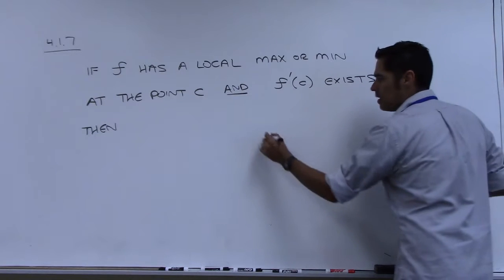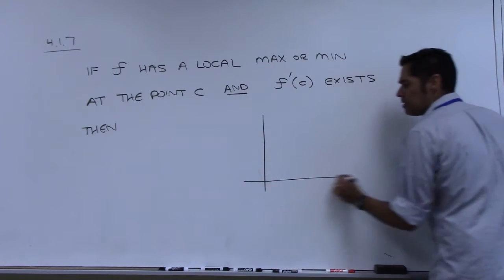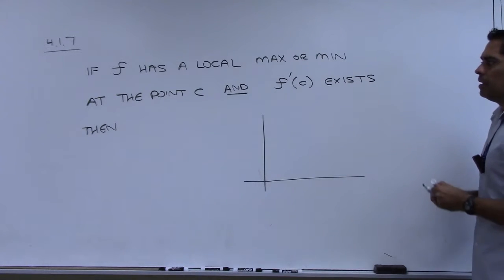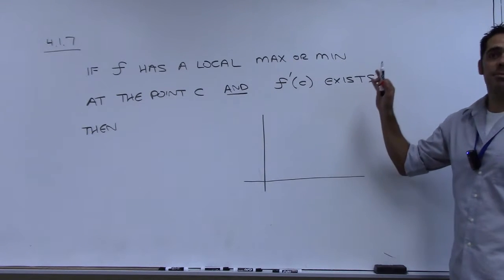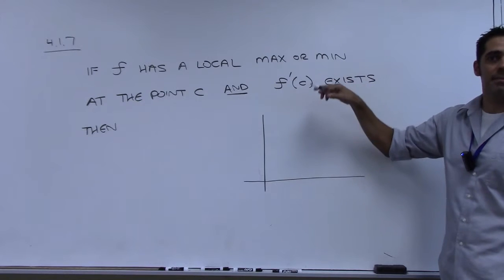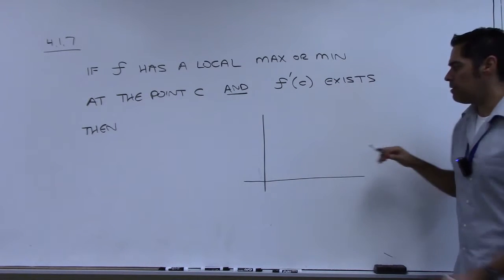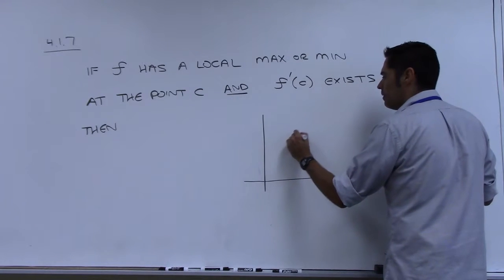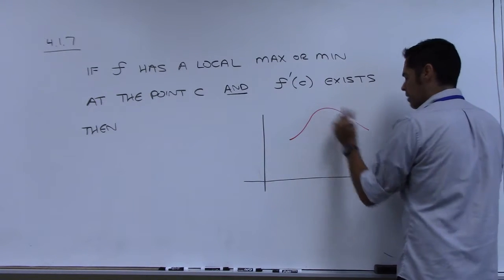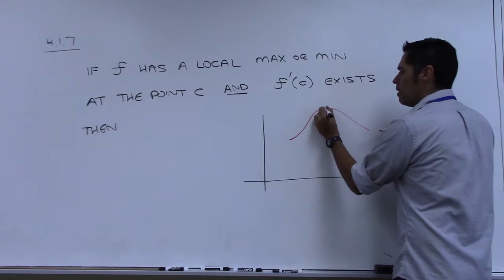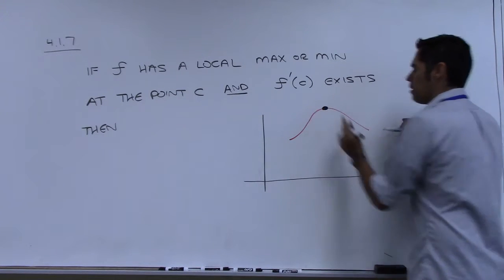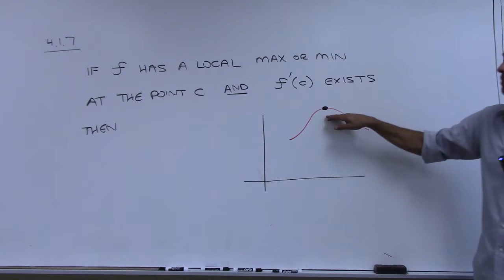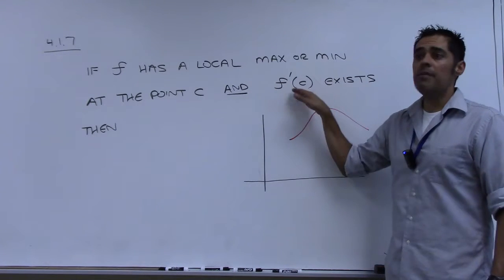So Fermat's saying this. Fermat's a mathematician, okay? He's long gone now, right? Let's say we have a local maximum or local minimum, which means you're the highest, the king of the mountain, right? Or the bottom of the valley, whatever. Let's just do the king of the mountain example. So who cares what else is happening on the function? Let's say just right here, you have a highest point. Fermat says, if you have a local maximum and the derivative exists.